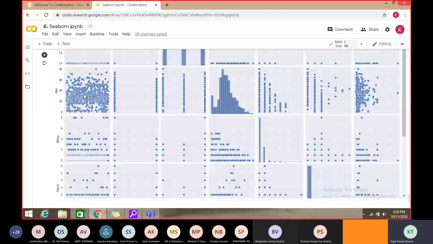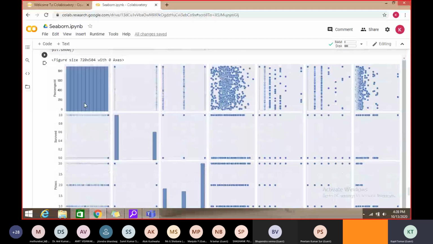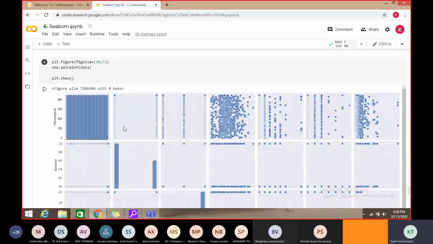All the possible combinations can be drawn in a single graph with a single line method, right? So this is the power of inbuilt libraries. Otherwise, we would have to write so many lines to draw it, right?